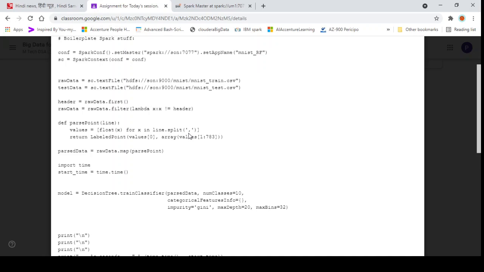So each word separated by a comma will be at a particular index in a list. So we will get a list that contains all the words of a line.